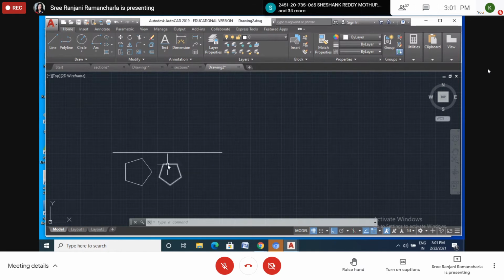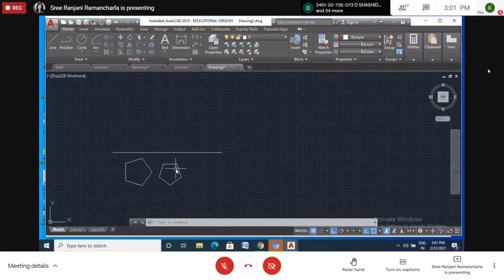What is the position of this edge? Is it parallel to or perpendicular? This total is lying on the HP, but the question says the edge of the base is perpendicular to VP. This is the VP plane, this is the top view. We are looking from above, so this is the top view. So these are the edges.